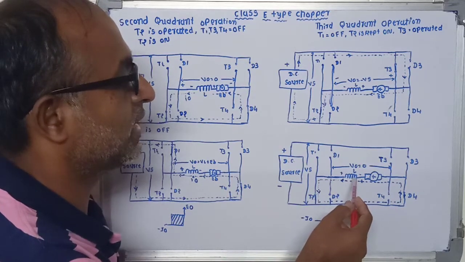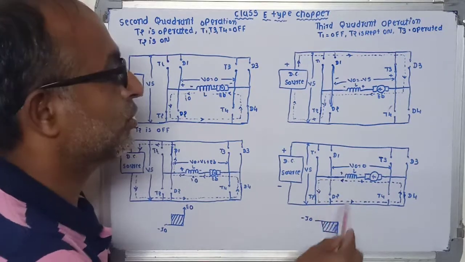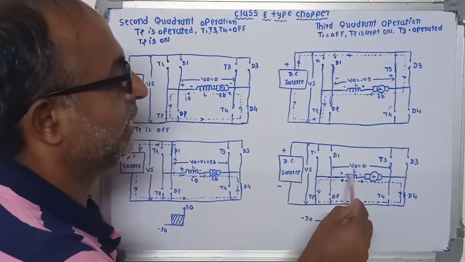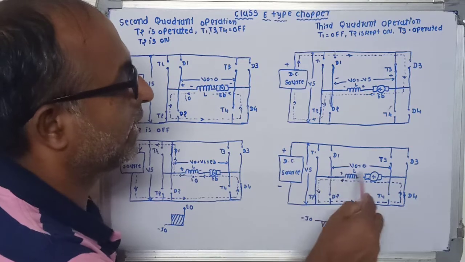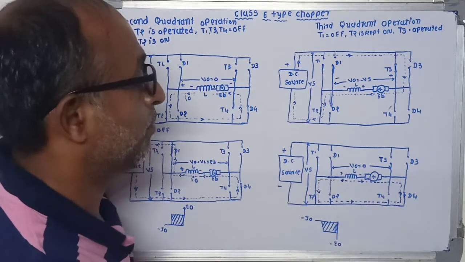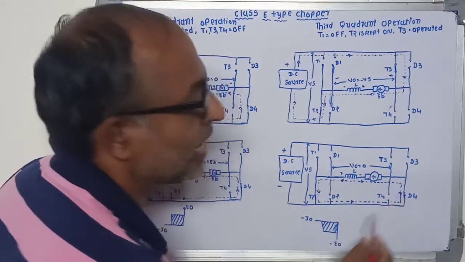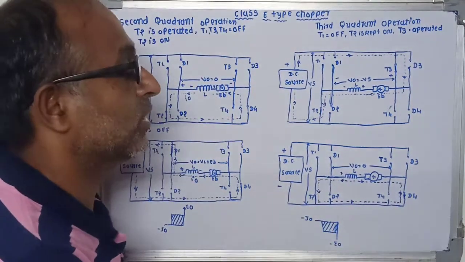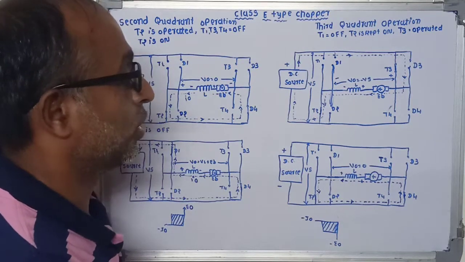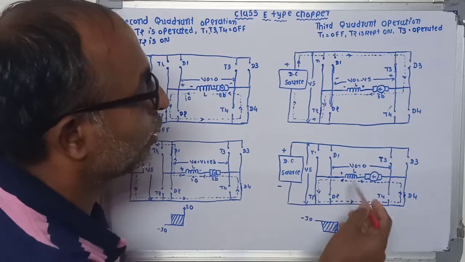When the current starts to decrease, a reverse voltage is induced in the inductor L, and its right terminal becomes negative and left terminal becomes positive. So due to this reverse voltage, it will turn on the diode D4. That means this diode is treated as a short circuit,